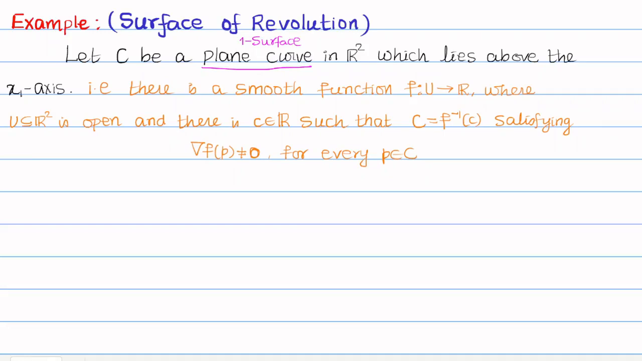ஓகே, let C be a plane curve which lies above the x1 axis. நான் இதை சொல்றேன், இது ஏன் above the x1 axis அப்படிங்கிறதுக்கு I will let you know. படம் பார்க்கும்போது உங்களுக்கு you can easily understand. ஓகே, நான் இப்போ என்ன பண்ண போறேன் அப்படின்னா, define